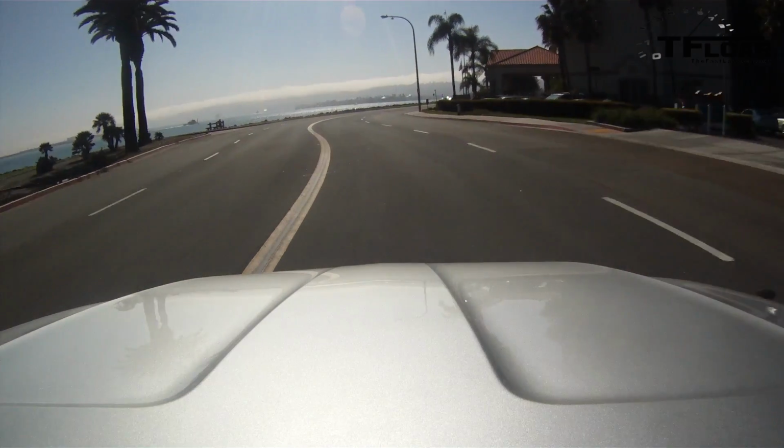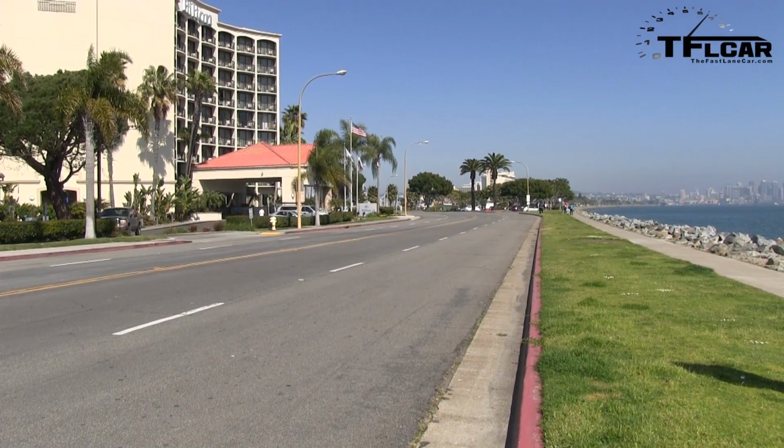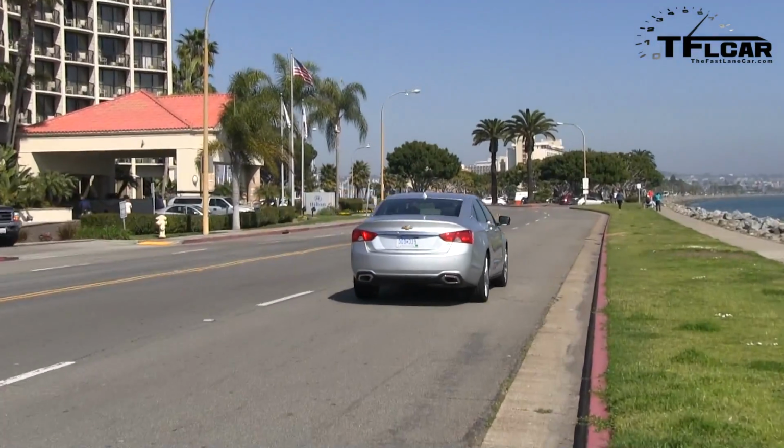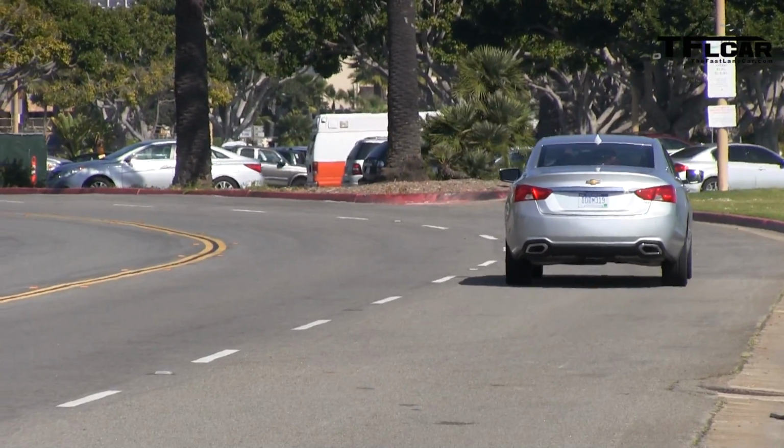And let's say somebody's cross-shopping with a Taurus, Maxima, or a Azera, right? These are cars that are in that same segment. Correct. Why should they get the Chevy? I think there's several reasons. One, visual appeal. I would say the customer who wants to purchase the Impala is someone who is proud of their vehicle,